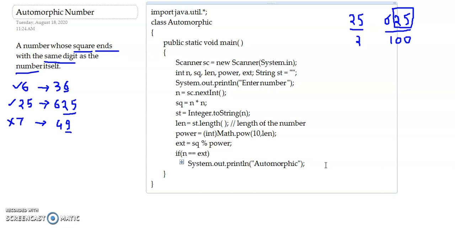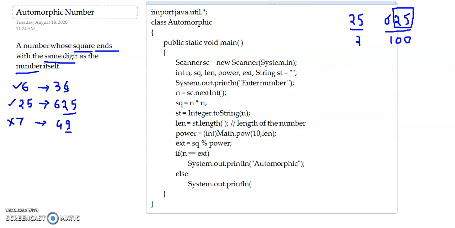If both are the same, then it is an automorphic number, or else this is not automorphic. So that's simple. That is the implementation of the automorphic number.